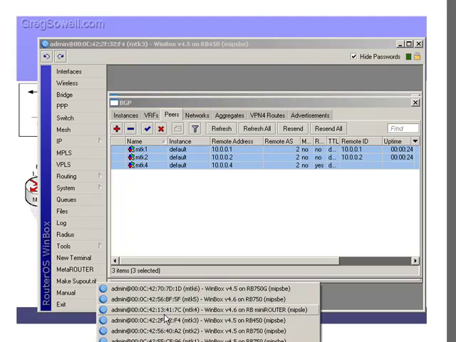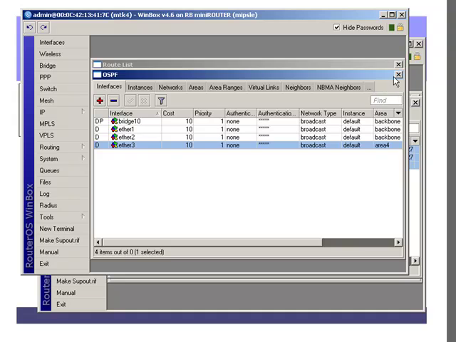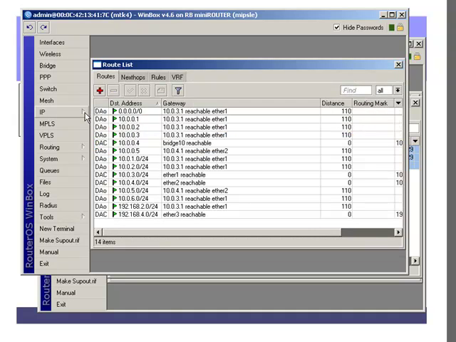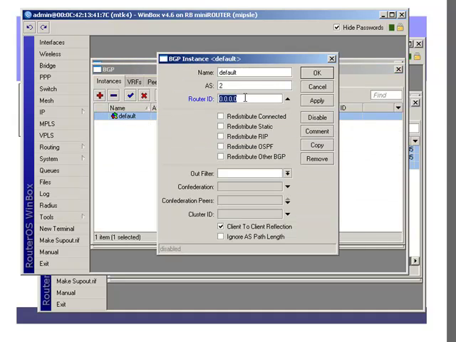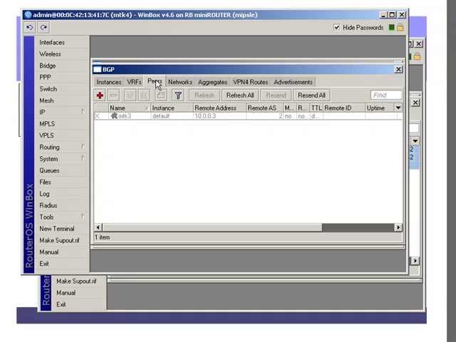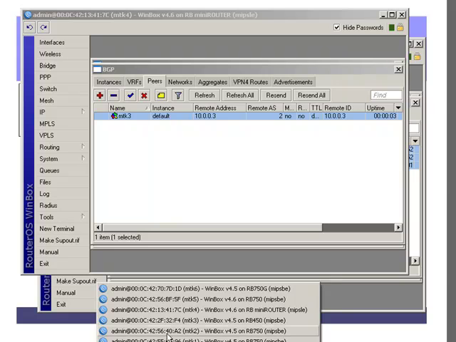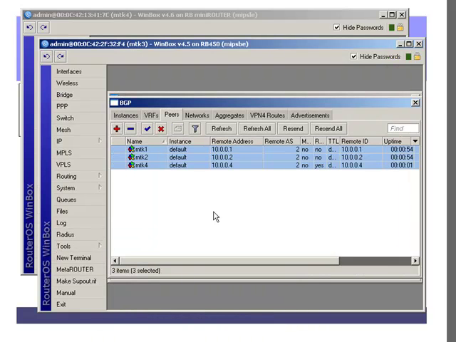Mikrotik 4. Let's log into him and take a look. Don't care about OSPF. Routing BGP, 10.0.0.4. Already had our AS number in there. Here's our peer with 3. Go ahead and bring that dude up. You should see that established. There we go. So I'm going to go ahead and go back to Mikrotik 3,